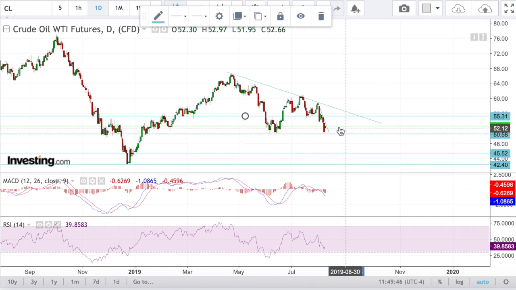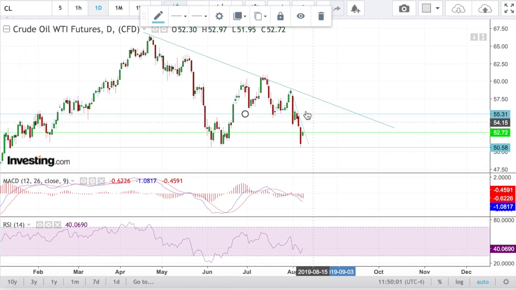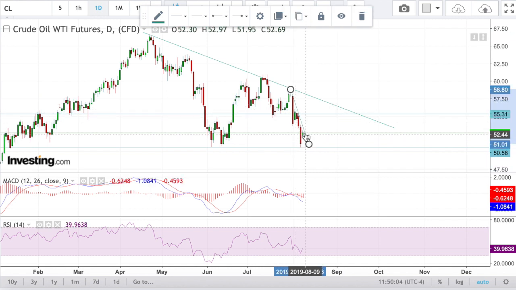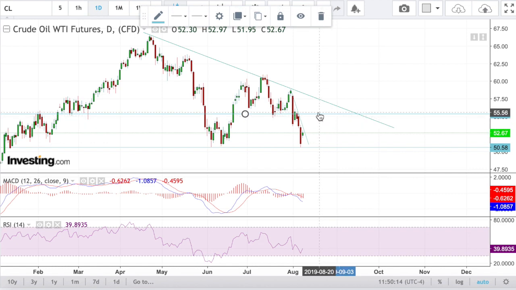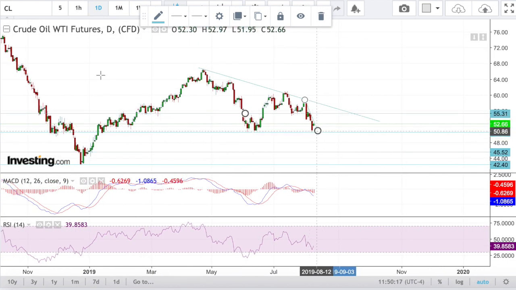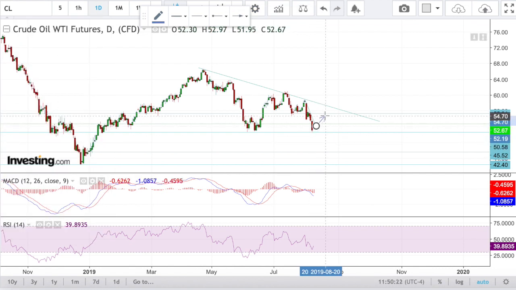Now, obviously, we have already bounced today. I think it's a 2% bounce so far. So that could be enough to start another leg down, but I favor a little bit more upside. You can see I put a minor downtrend line here. If we start to break this downtrend line, if you're an active trader, you can do a little long trade all the way to this 55 level. So that's one thing to look at. It's for the more short-term traders. This is how it may pan out.